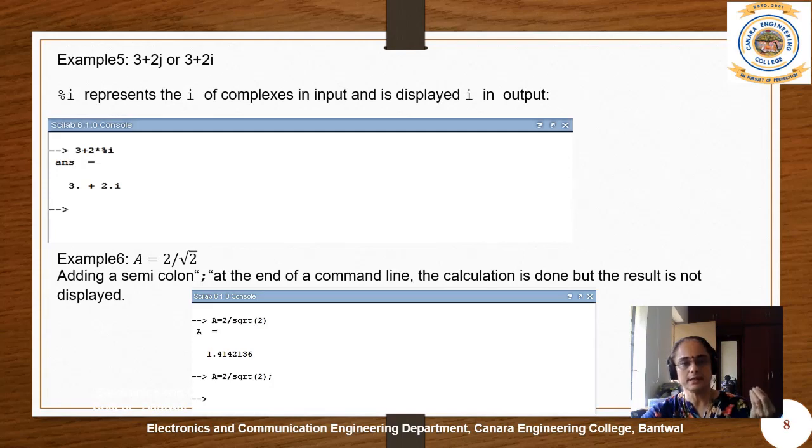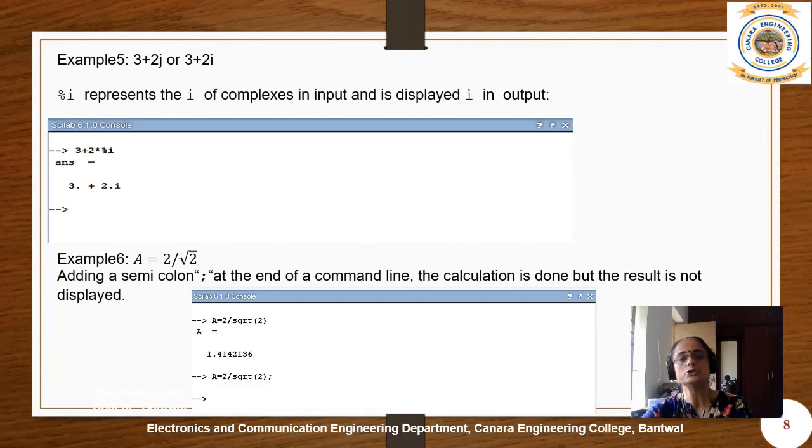We'll go to example 5, where I want to enter a complex constant. Usually a complex constant, we enter it as 3 plus 2j or 3 plus 2i. But in Scilab, the j operator is not there. We have to make use of i in order to represent the imaginary part of a complex constant. How do we represent it? We have to make use of the operator %i. So how I have written here is 3 plus 2 multiplied by %i.